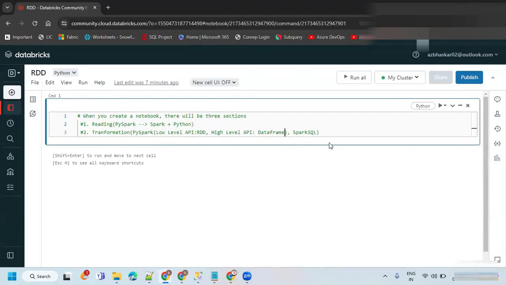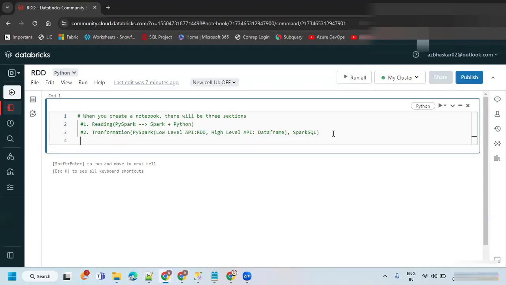Of course, Spark SQL is also a high-level API, and only RDD is the low-level API. So in order to do the transformation, you can use RDD or you can use DataFrame. I recommend you to use DataFrame. If you have unstructured data, then definitely you need to know about RDD and how we can handle it. We are going to come across it.